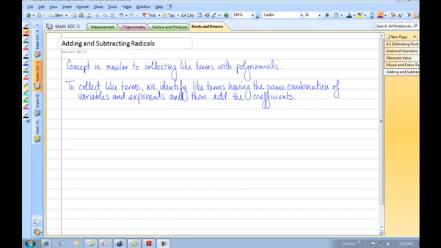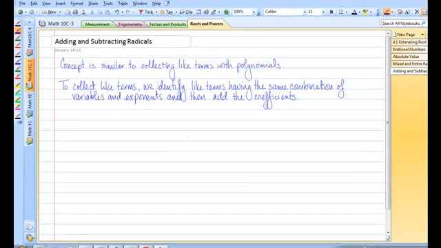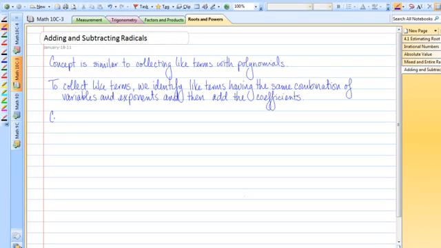Today we're going to look at adding and subtracting radicals. The concept is actually quite similar to that of collecting like terms with polynomials. We know that to collect like terms, we identify like terms having the same combination of variables and exponents and then add the coefficients. So if we start with something very simple, let's say we'll consider 2x plus 3x,